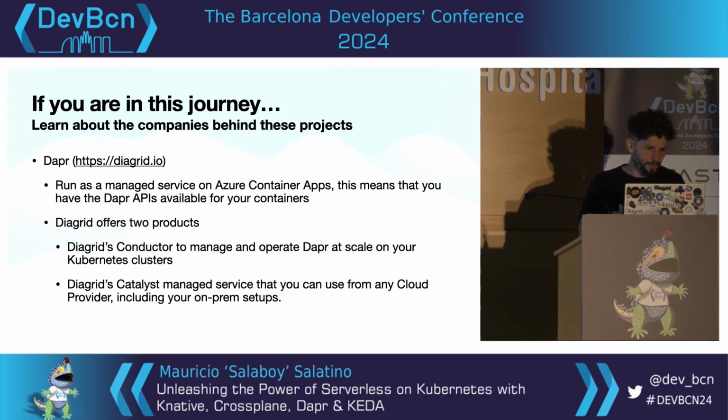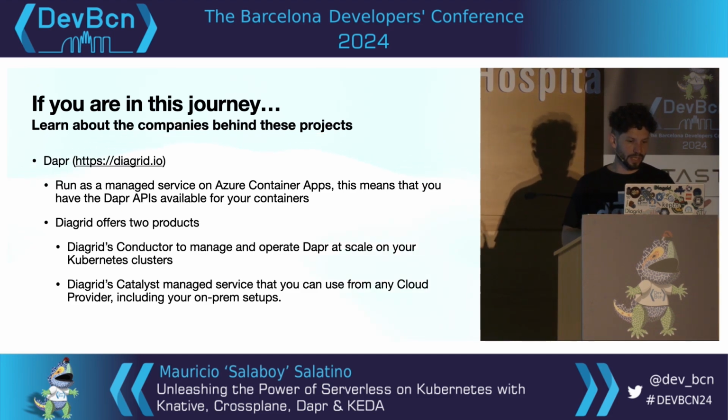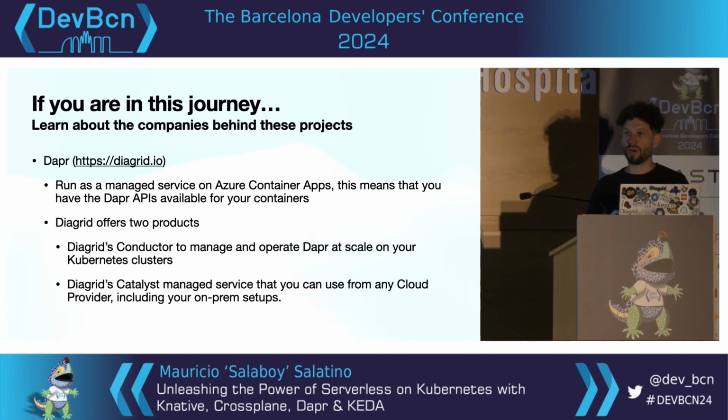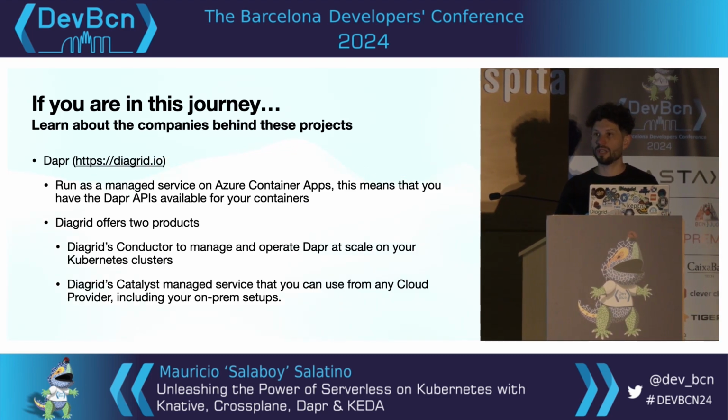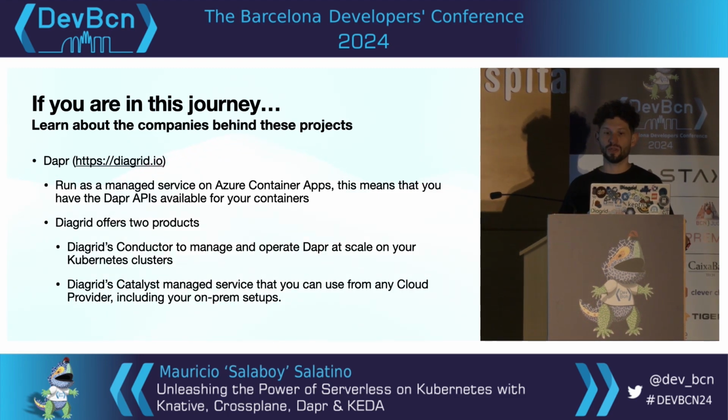So check that out. In the case of Dapr, I mentioned, these unified interfaces for interacting with infrastructure and building distributed applications. I need to mention that Dapr was created by Microsoft in 2019, and it's running as part of Azure Container Apps. So if you're running containers on Azure, you already have the Dapr APIs there. They are running Dapr as a managed service there. And again, if you are using Azure, you are halfway to being able to use these across teams.